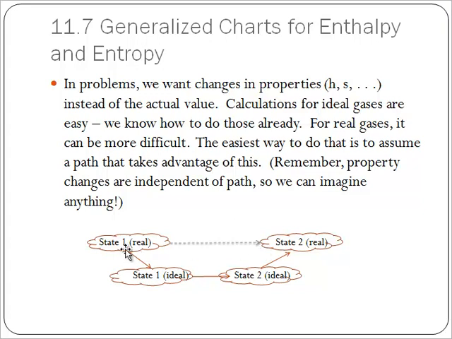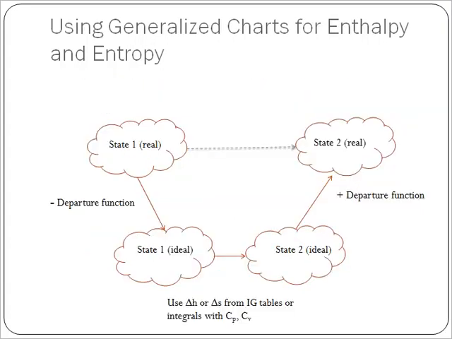So one creative path is to look at going from a real to an ideal gas. Let the change happen as an ideal gas. I have lots of tools for doing those calculations. And then go from an ideal to a real substance. So looking at that a little more closely, what I'm saying is that I'm going to use some sort of change, how my real substance is different from my ideal substance.